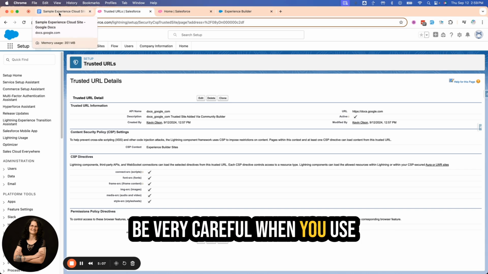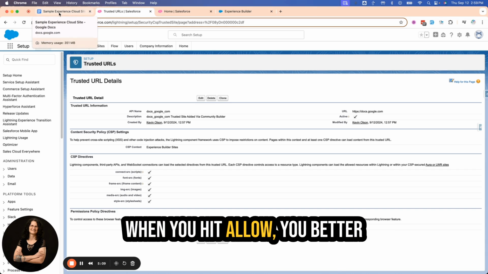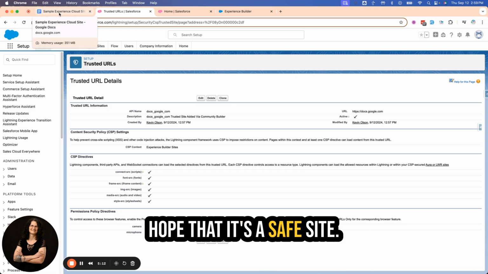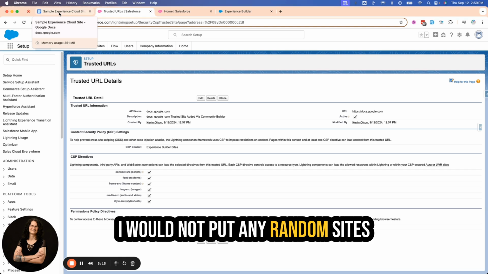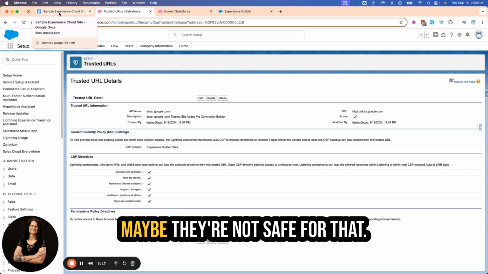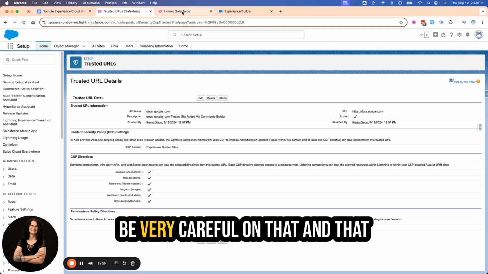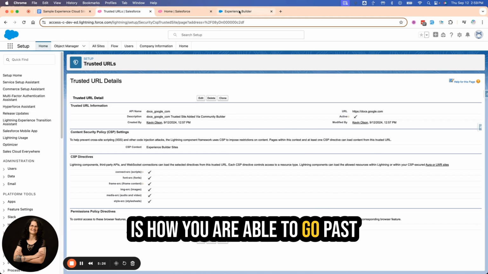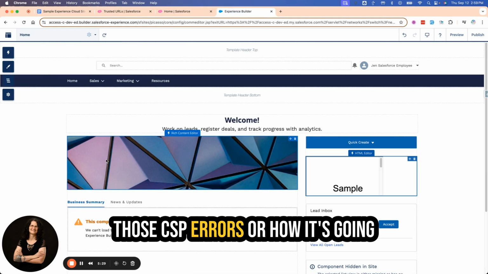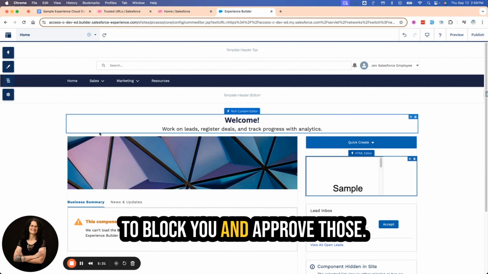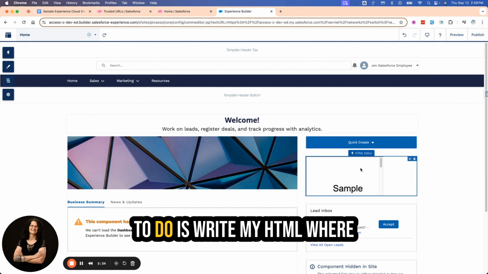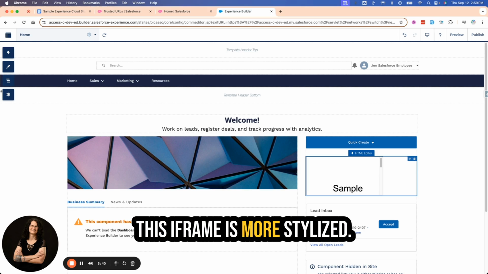Be very careful when you use third-party content because when you hit allow, you better hope that it's a safe site. I would not put any random sites that you are not familiar with, that maybe they're not safe for that. So be very careful on that. And that is how you are able to go past those CSP errors, or how it's going to block you, and approve those. The only thing I would need to do is write my HTML where this iframe is more